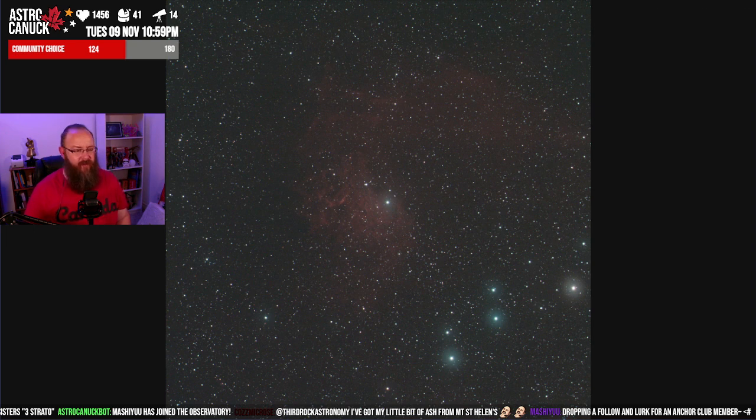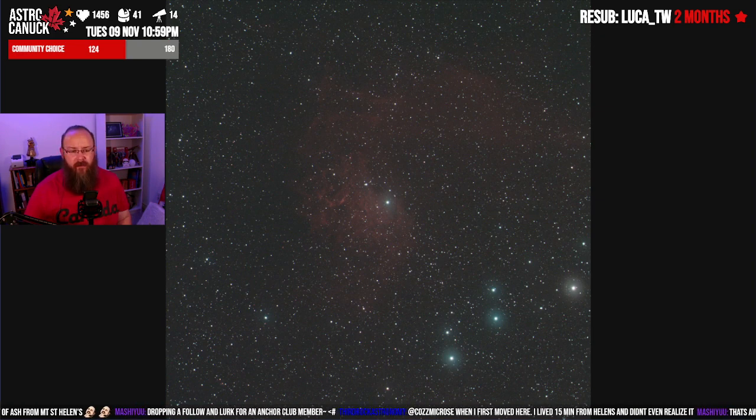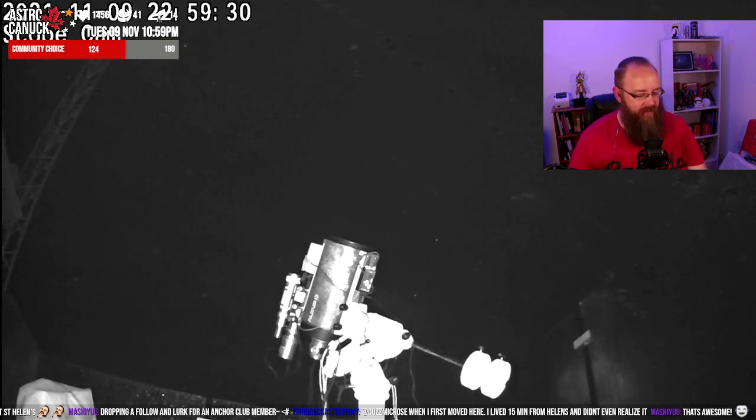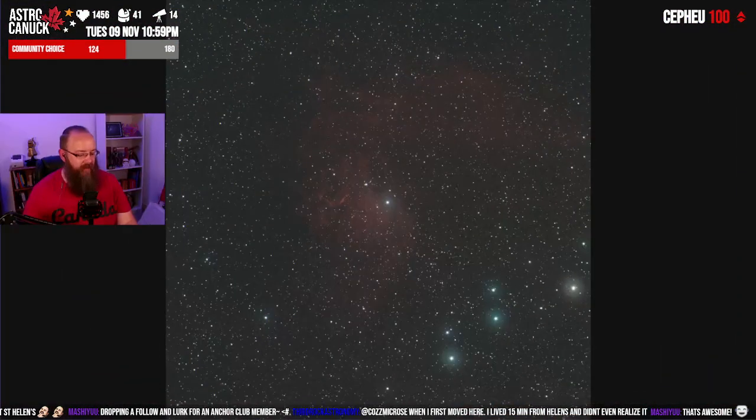I appreciate the lurk. We're doing some live images of outer space right now, and I am happy as Larry to be doing this. It's been so long. But yeah, that's the telescope we're using, not the big one, the smaller one on top. I only have one camera so far. But we're looking at the Flaming Star Nebula,